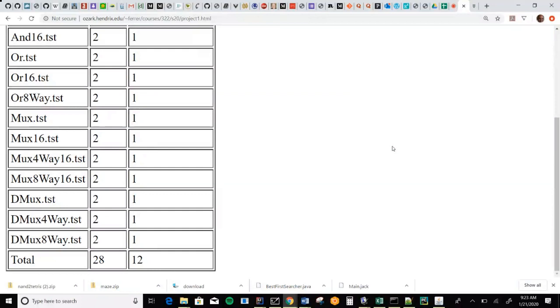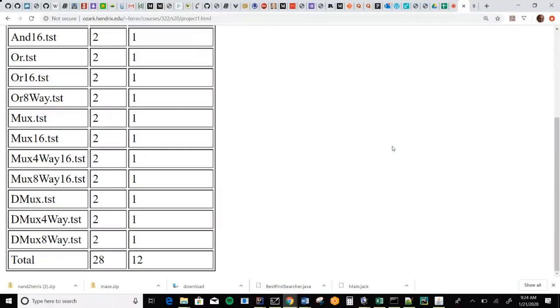Note that with the demultiplexer, there's no 16. With the demultiplexer, all we're going to do is only ever route 1 bit. We're not going to be moving massive numbers of bits around. The reason for that will get a little clearer later on, but it just turns out in practice we don't need a 16-bit wide demultiplexer. They just don't prove to be all that useful for what we're doing here.